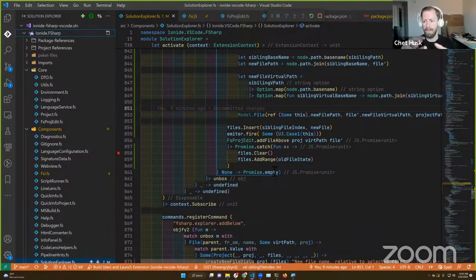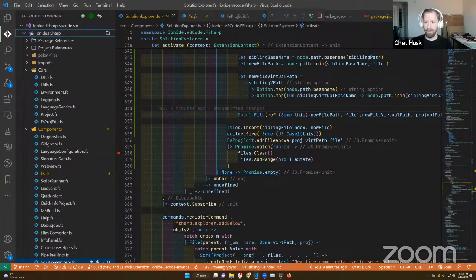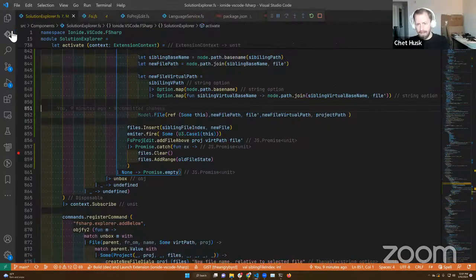That is just a bridge between things that .NET knows about your project and a structure that VS Code knows how to handle. And that sort of philosophy is all Ionide is, just tiny bridges between information that the F# compiler and MSBuild have about your project and functionality that VS Code provides.